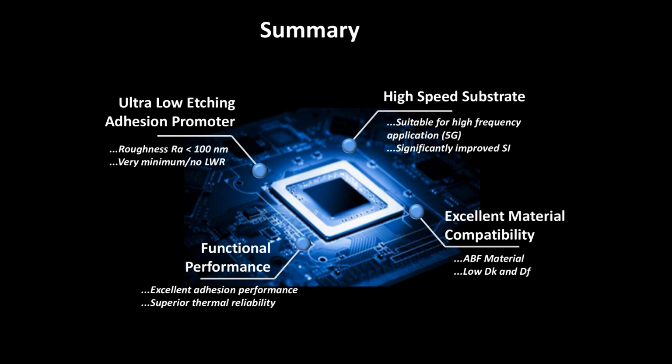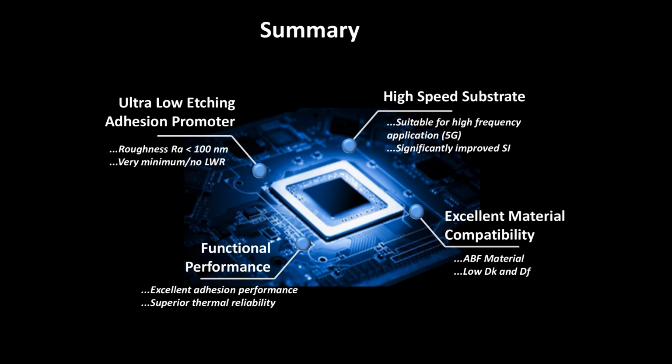Right, with this, I have introduced you to two of our solutions for adhesion promotion for low roughening IC substrate for high-speed applications. And I would like to summarize. One is the ultra low etching adhesion promoter, which I have been showing you before. The target is, of course, that the roughness, as I showed as well, is lower than 100 nanometer. And with Nova 1 WJ and Nova 1EX WJ, there are very minimal, or even no, line width reductions